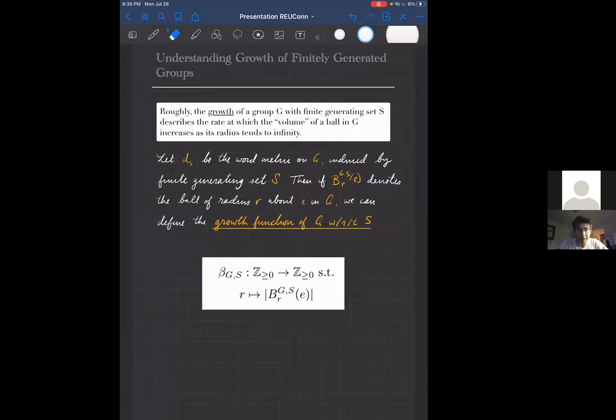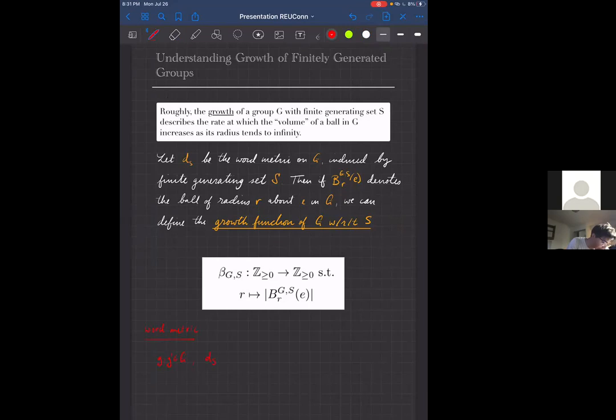So I'll begin by first defining what we mean when we say the growth of a group G. If you want to think about it conceptually, you can imagine turning G into a metric space somehow, and then taking balls of radius R in G, and seeing how the volume of these balls increases as we increase R. More precisely, if we have a finitely generated group G, we can impose what's called the word metric on G, which is a very natural metric on any group, which you may have seen, where the distance between any two elements g and g' in G